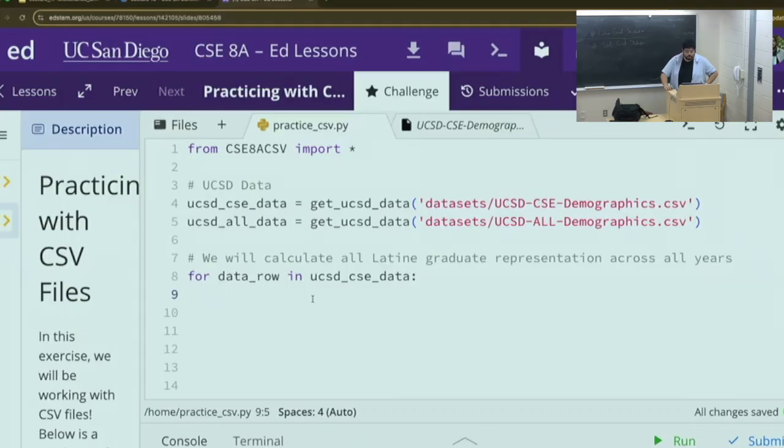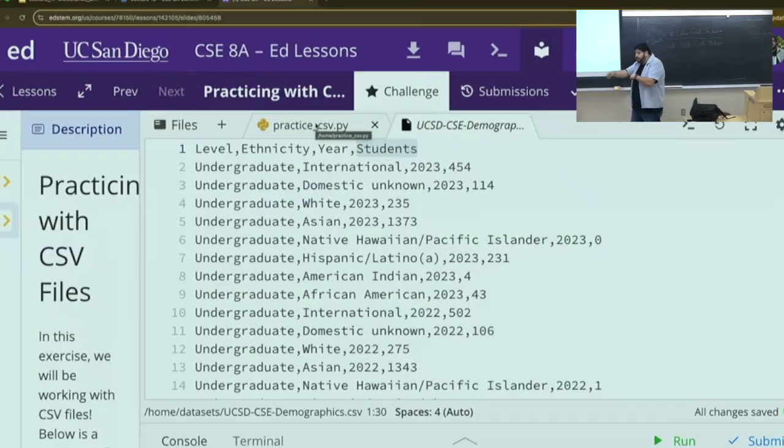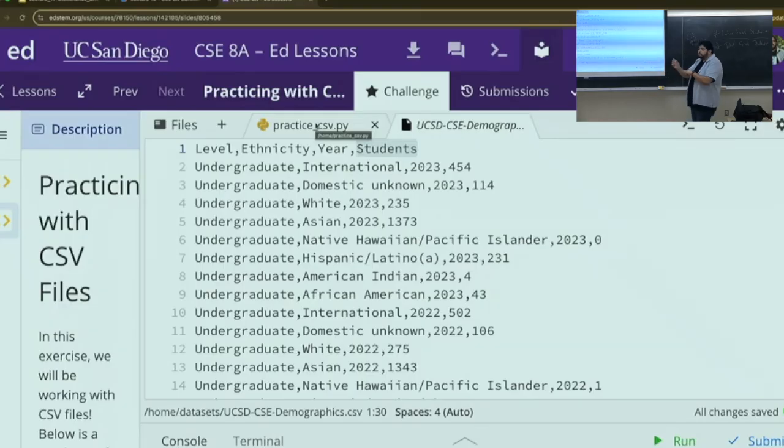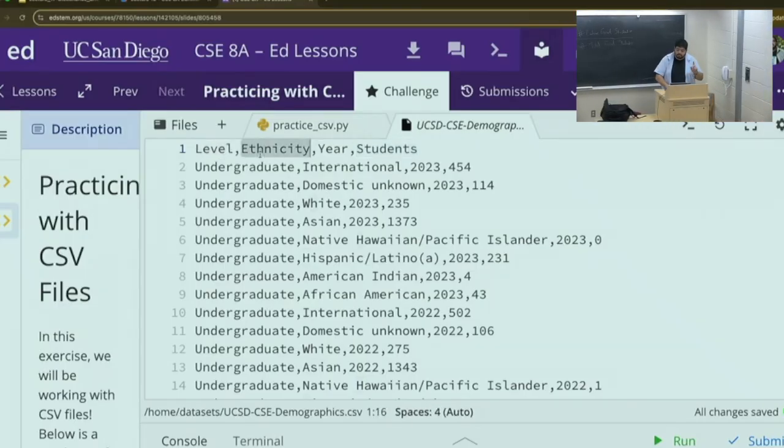Another for loop? I'm not sure if we need another for loop. I guess we could, in theory, have another for loop. But if we do, what we're going to be doing is going through all the keys in the dictionary to look for certain information. But the beauty of dictionaries, I love dictionaries, is that you don't really have to loop through a whole dictionary to find a certain value. You can access that value immediately by just calling its key, calling its level, its ethnicity, its year,